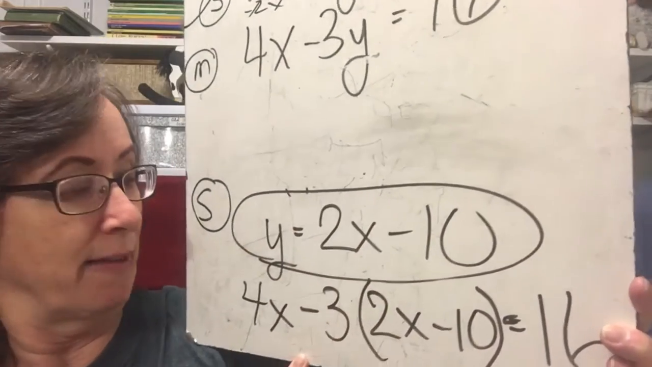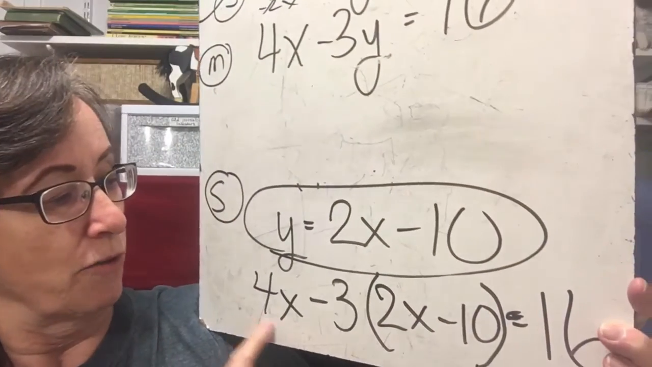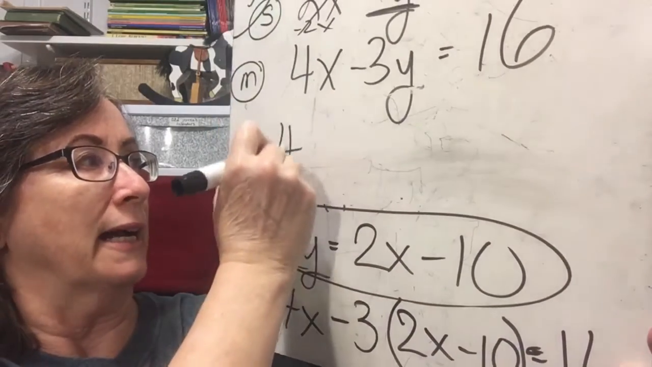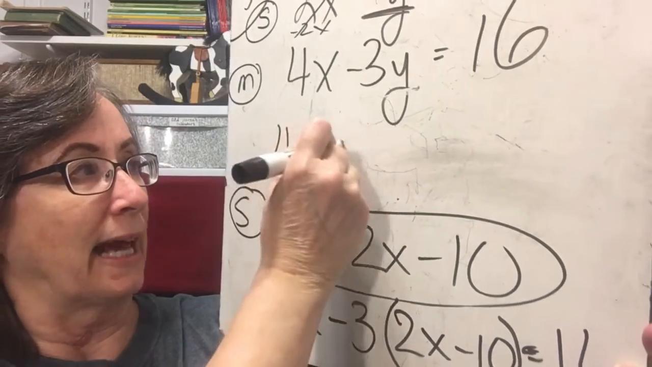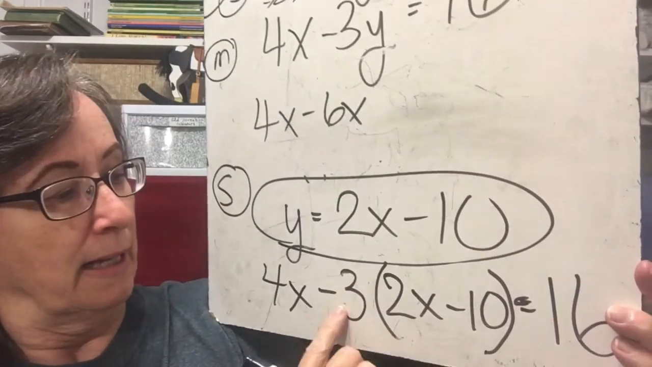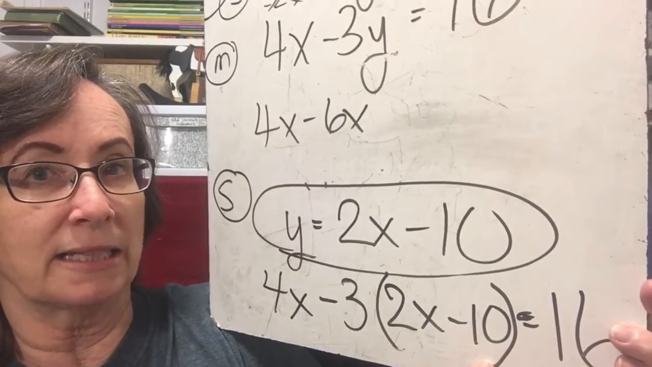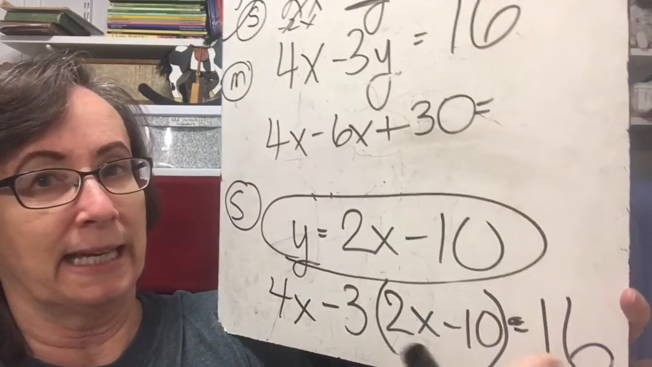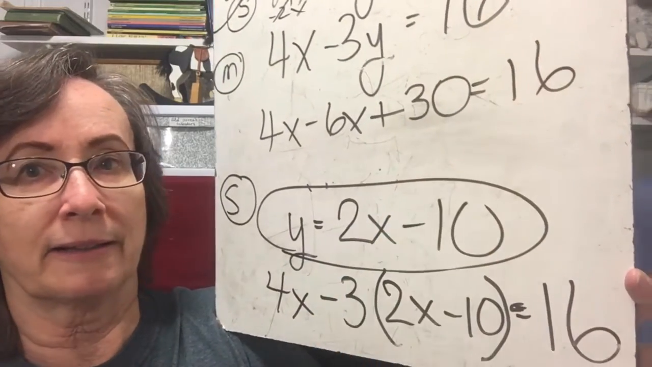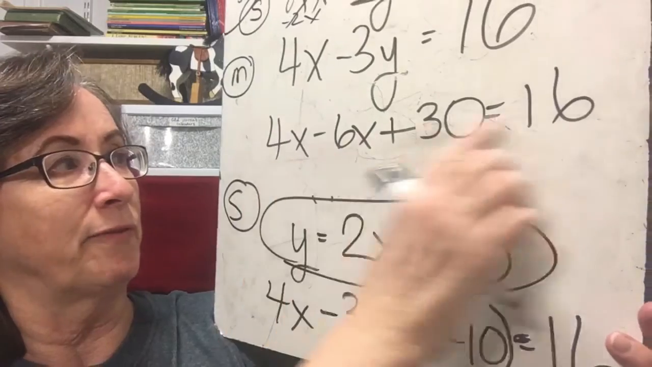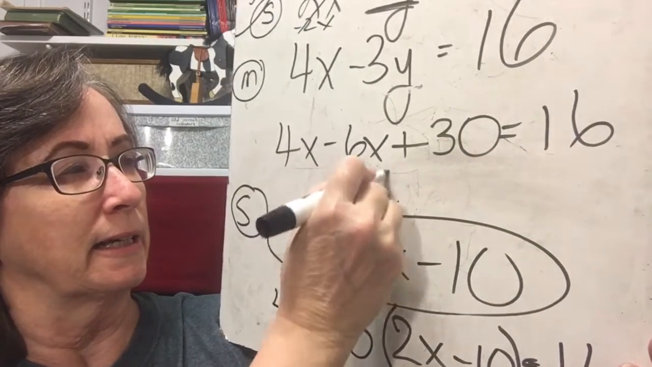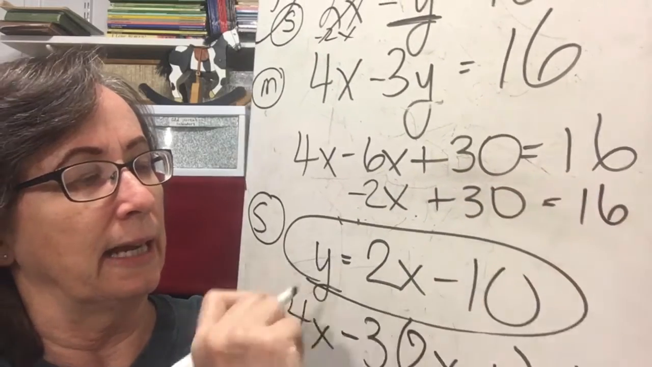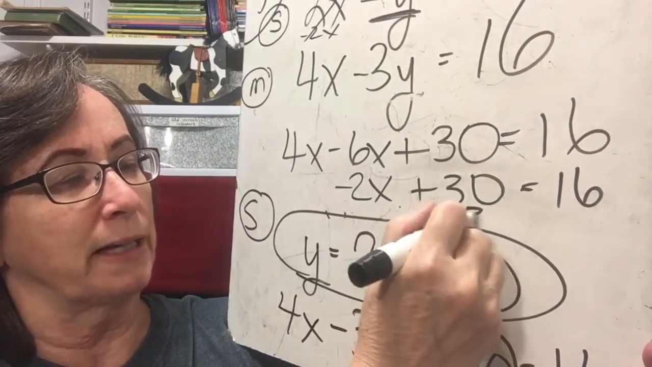So we're going to simplify this equation right here. So 4x minus 3 times 2 is 6x. So 4x minus 6x, negative 3 times a negative 10 is a positive 30 equals 16. Okay, so let's simplify this. So negative 2x plus 30 equals 16. Now I want to get the 2x by itself, so minus 30,